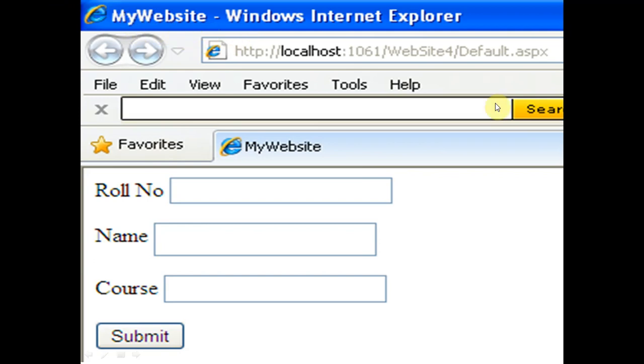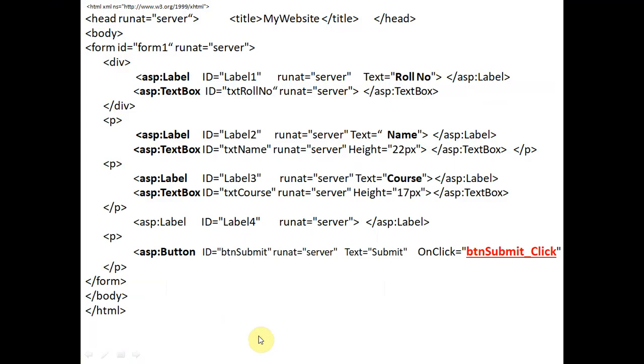I have named it my website, and it has three text boxes: roll number, name, and course, and one submit button also. You can see here, we will start the program with head. Before head we will write HTML, and then head with run at server, then title if required, and head will be closed here.